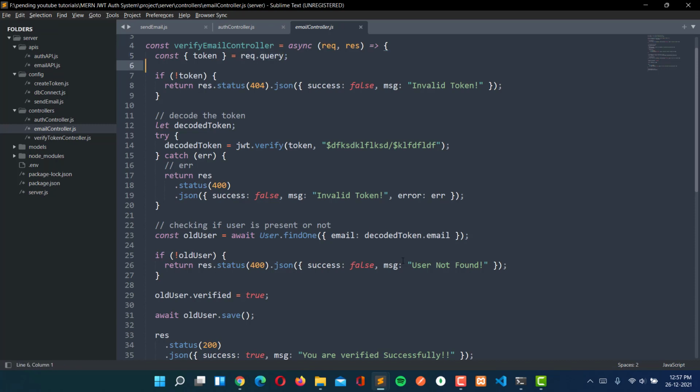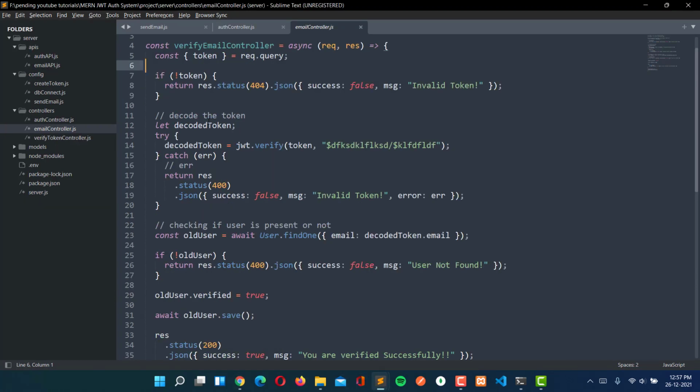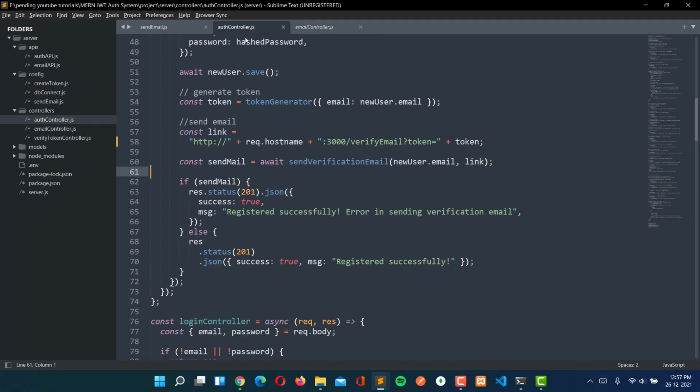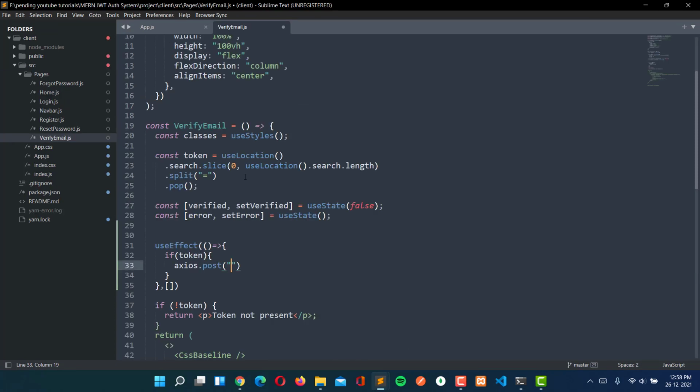So now let's go forward to the front end, and first of all let's see if it is a get request or not. To the email API, it is a get request, so we are going to send the get request here. So let's send that.